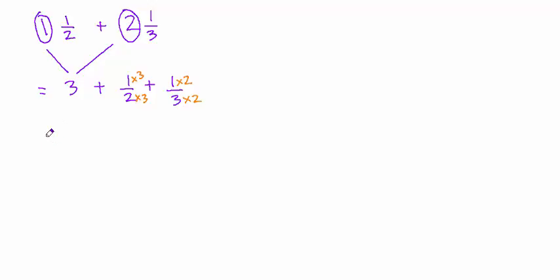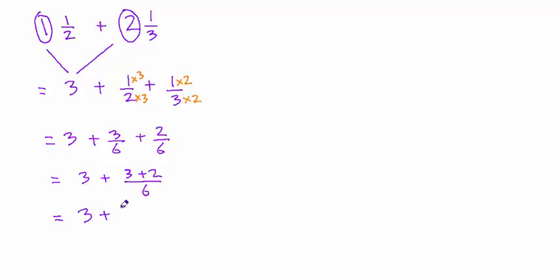Therefore, this is equal to 3 plus 3 over 6 plus 2 over 6, which is equal to 3 plus 5 over 6, just like we did in the previous problem. Written as 3 wholes and 5/6. And if the two fractions add up to an improper fraction, you want to change that to a mixed number as well. For example, if you had to add, let's say, 3 and 4/5 with 2 and a half,